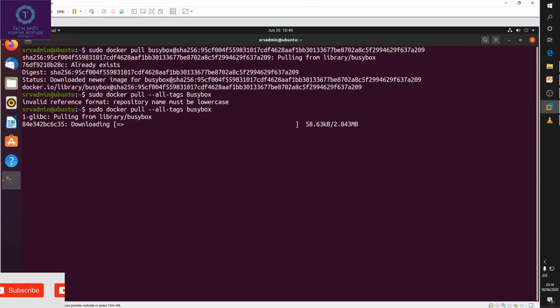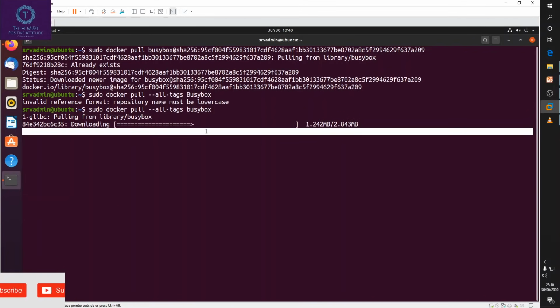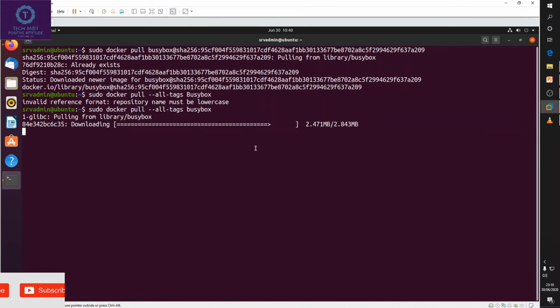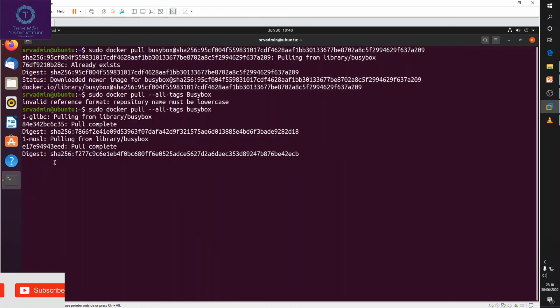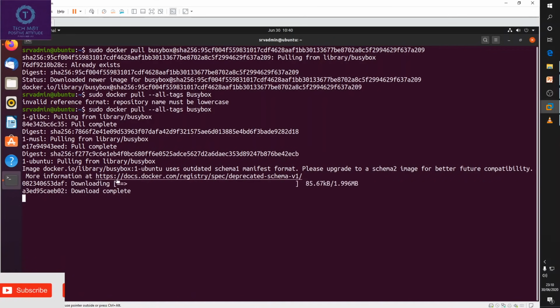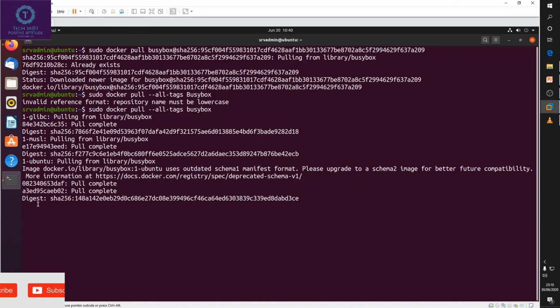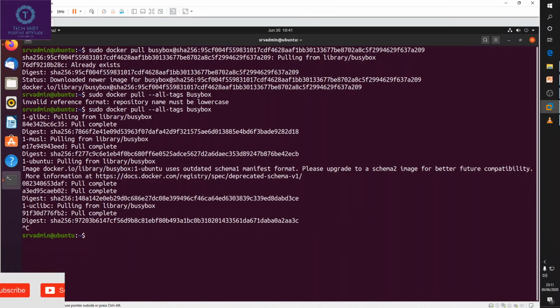As you can see, it has started one by one. Once one is completed, it pulls another. See, FS layer, pulling the layers. These are the layers, as I have told you. There are different layers in every image. Now I want to stop this pulling. I will press Ctrl C. As you can see, it stops pulling the images.